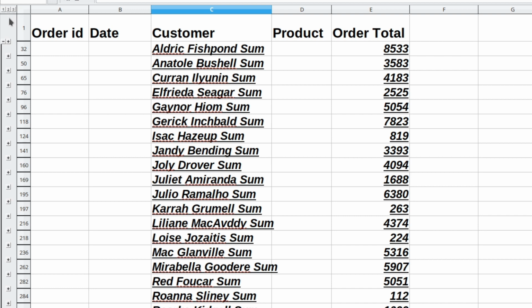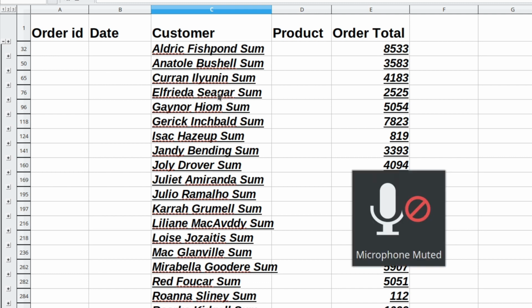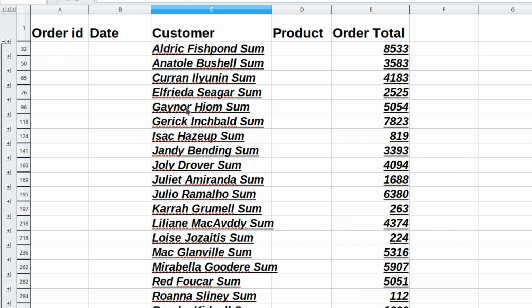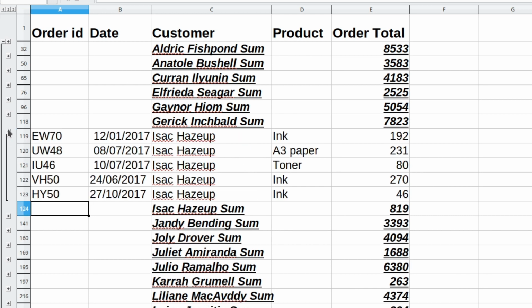There you see all the customers, and at the end you will see the grand sum. But if you wish, for instance, for Isaac Hayes Up, you can click on the plus button, which is on the same line. Yes, could you click on the plus? And there you see all the records, all the rows corresponding to Isaac, so the product and the amount of